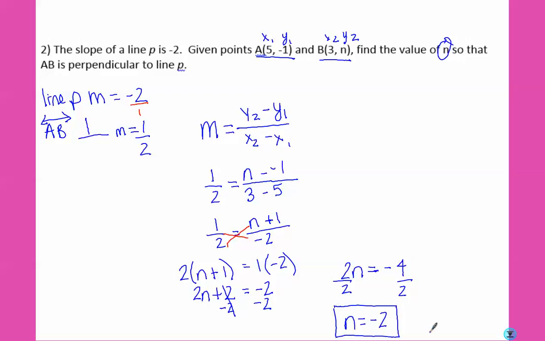That concludes the 3.4b part of the notes. For the 3.6 part, for the rest of your notes, you're going to go to the video called 3.6 perpendicular